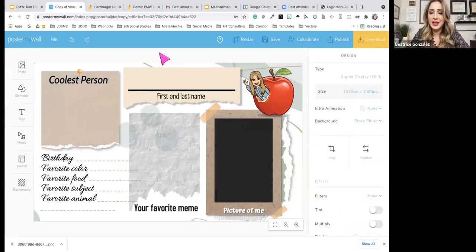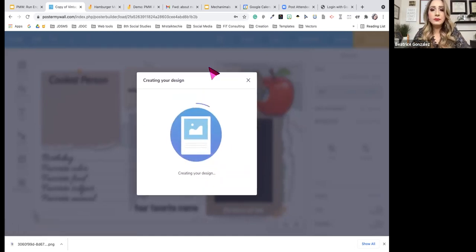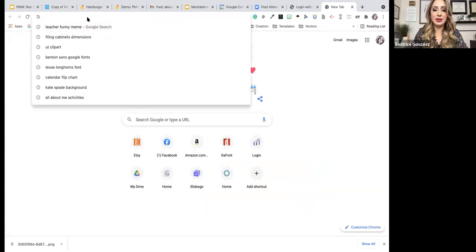If you use Google Classroom, we can add this to a Jamboard. So what we would do next is we would download it. See on the top right-hand side, there's a download button. We would download it, and it's downloading to my downloads. It's creating my design. After you do that, you can open up a tab, and I like to do this,